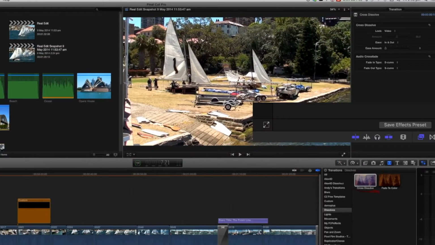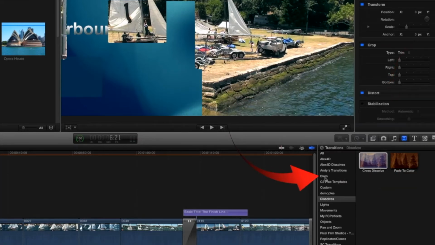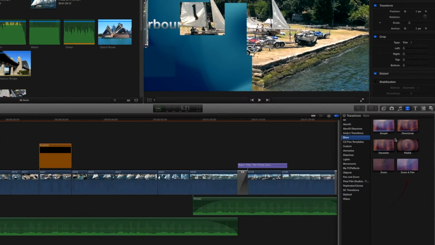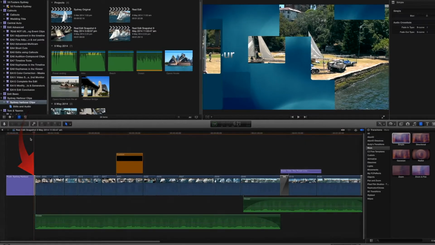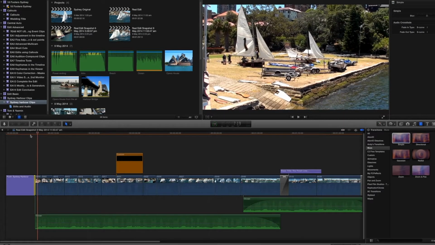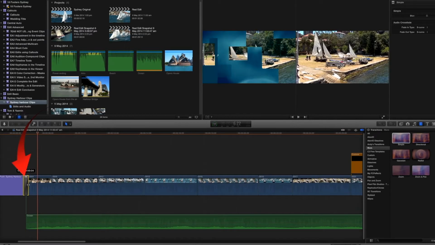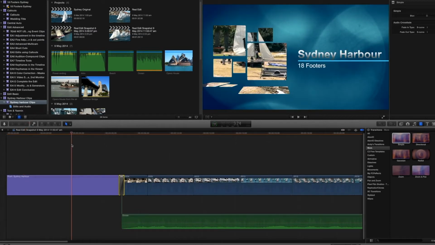I don't like that particularly. So clicking on this here, selecting our transitions, looking at the blurs, and we'll use a simple blur, and this should do it well. It's a little bit too short, so let's extend the length of that blur a little. Now when we play this,